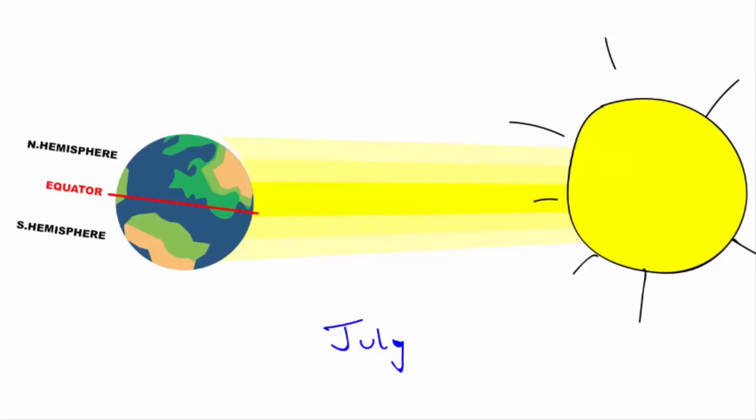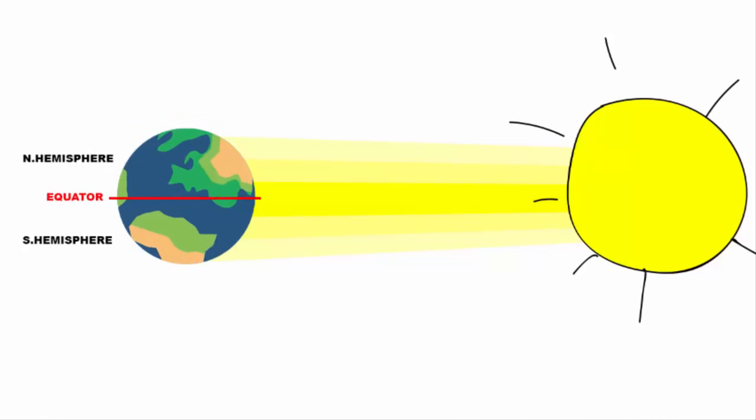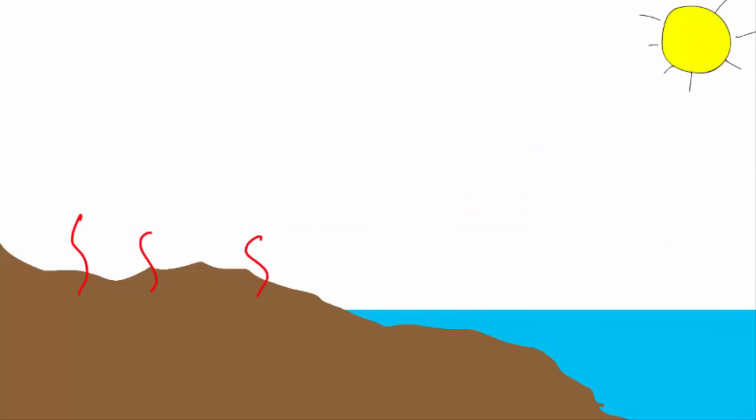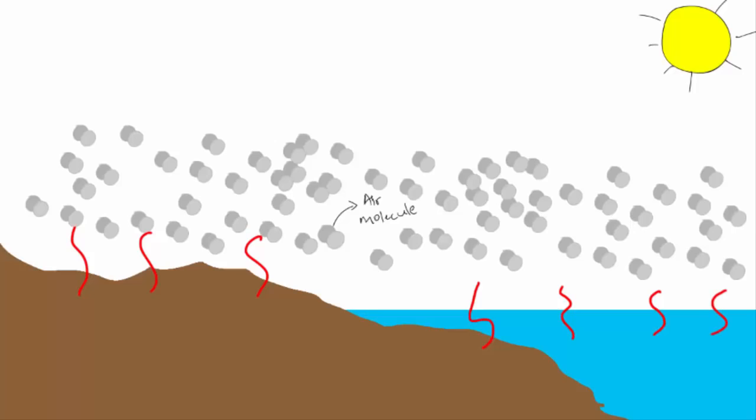Now, whether it is January or July, one thing you must keep in mind is that near the equator, the sea level pressure is always low, and the area is known as equatorial low. And the reason behind that is, however the Earth moves or rotates, the equator receives insolation all throughout the year, and that makes the equatorial region warm throughout the year. And warm temperature makes the surrounding air warmer. As we know, warm air rises and that leads to a low pressure zone.